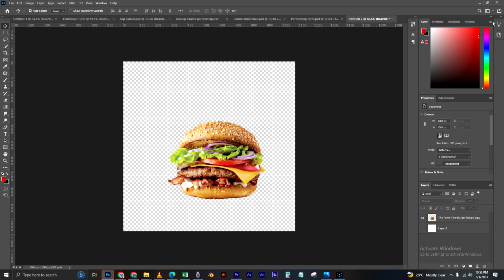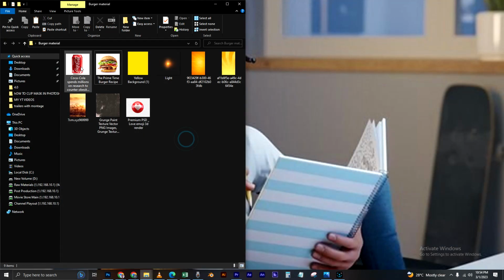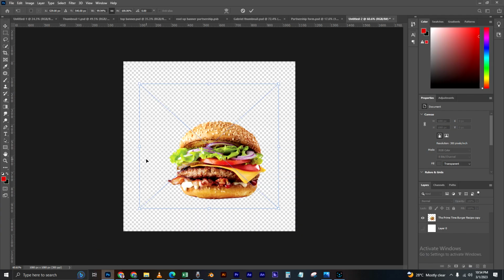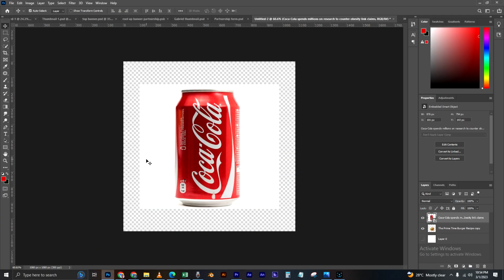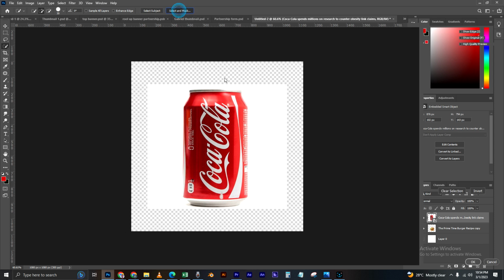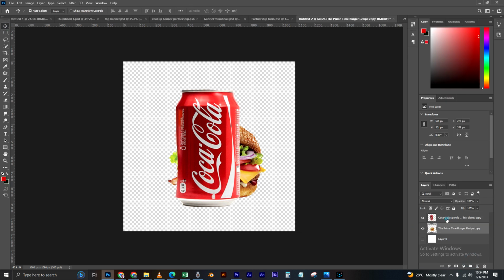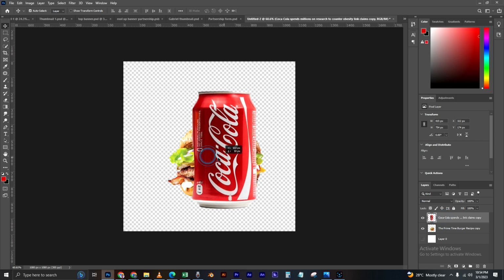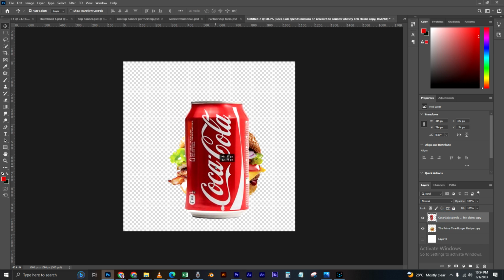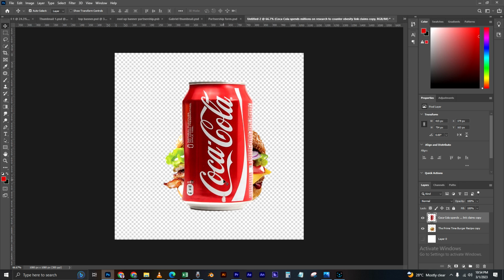So let's go to the second one. The same way we dragged in this one, we're going to drag in the second one. Alright, so this is the second image. So we're going to follow the same process. So this is the layer, and as you can see from the workspace,